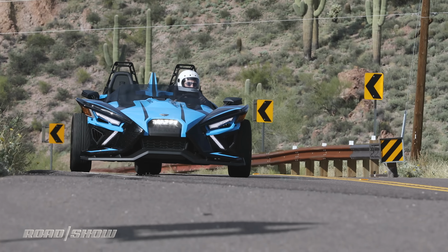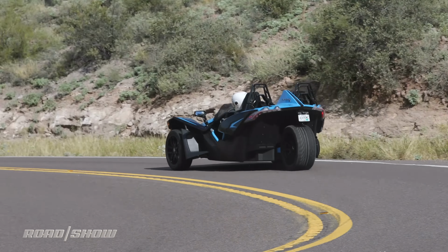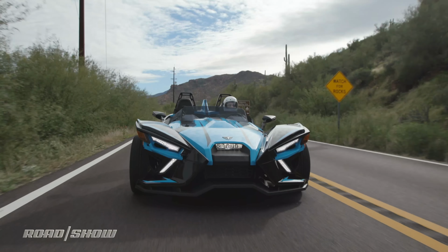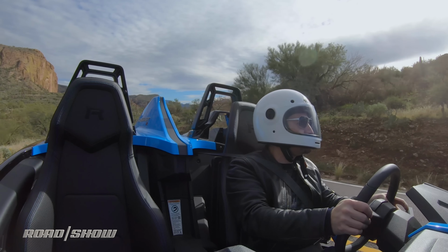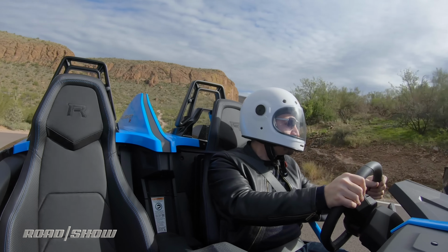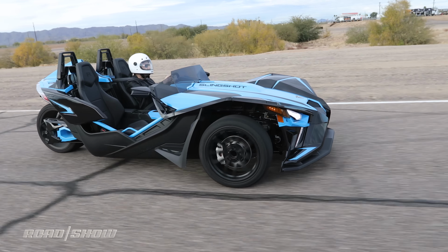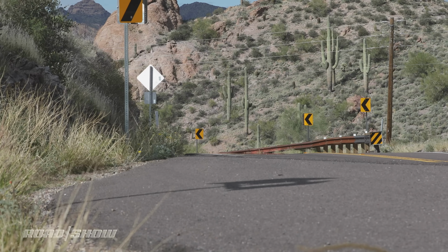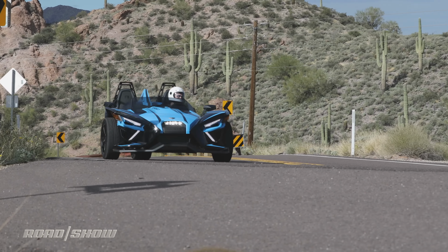I drove this new 2020 back-to-back with the outgoing model, and it's hard to overstate just how much better this new one drives. Everything feels more connected and more visceral, especially the steering. The new Slingshot's rack is much quicker than before. It's now 2.5 turns lock to lock, a full twirl less than before. Suspension kinematics have been completely overhauled too. Not only is ride quality noticeably better, you can now pull over a G in corners,